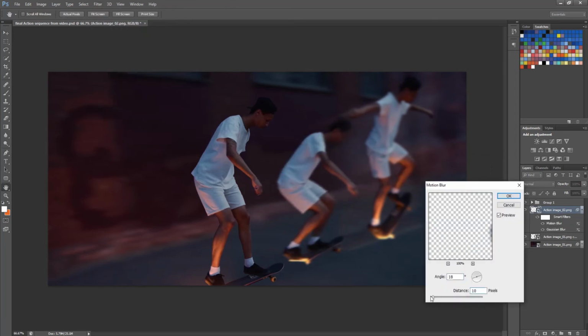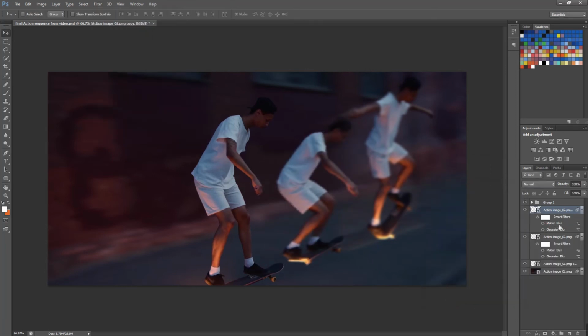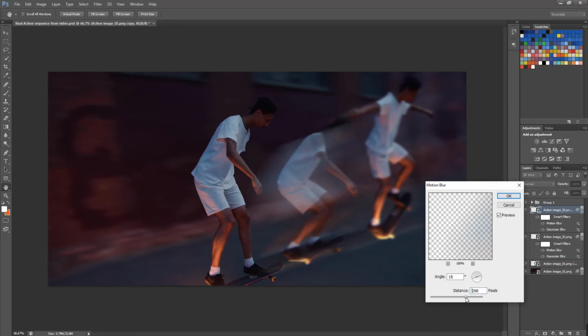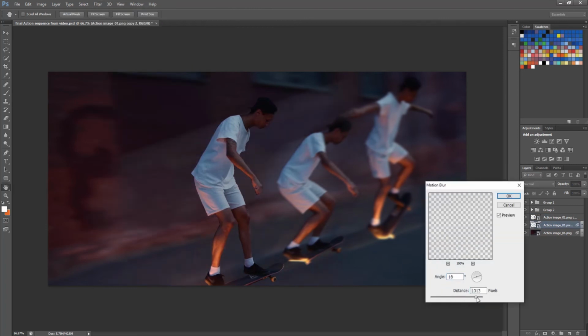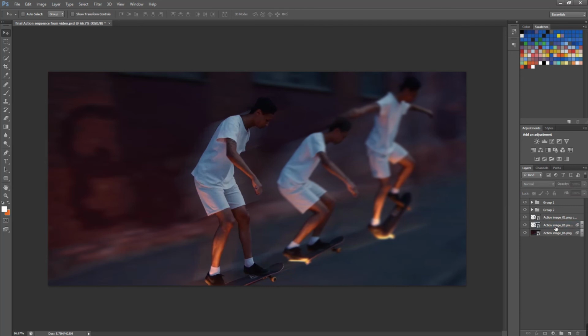Adjust the parameters as per your requirement. The process is done, guys.